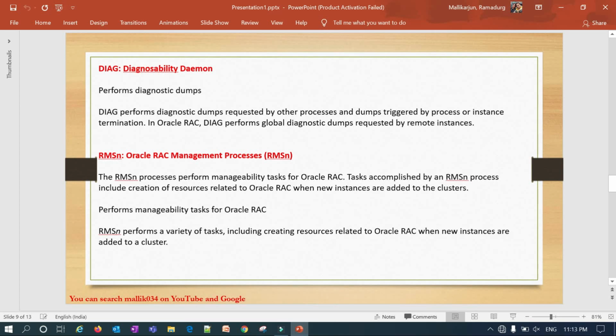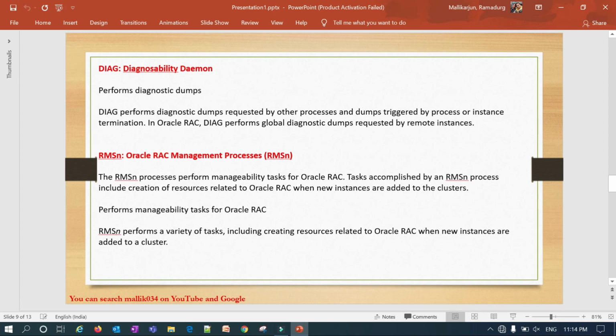Whenever you create a new instance or add a new node, this RMS process comes into the picture and provides all the information, all the resources, all the services needed for that particular instance to start, to function properly, or to be added to my cluster node or my cluster service, right? RMS performs a variety of tasks. What are those tasks? Creation of resources related to RAC when new instances are added, and managing